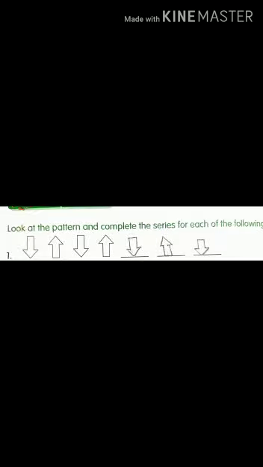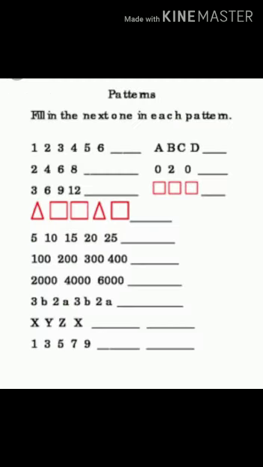Now we will take another example. Here you can see double line arrows. The first arrow direction is downside and the direction of the next arrow is upper side. Then again the direction of the arrow is downside and the next arrow direction is upper side. So the next arrow direction will be downside. In this way, we will see the directions of the arrows and complete the patterns. I hope now you are able to complete the patterns in numbers and letters.